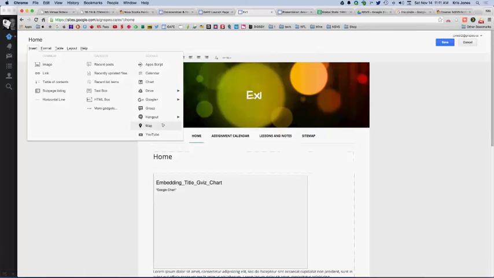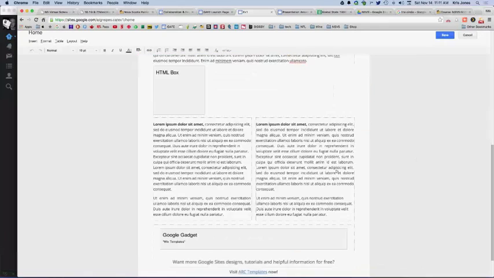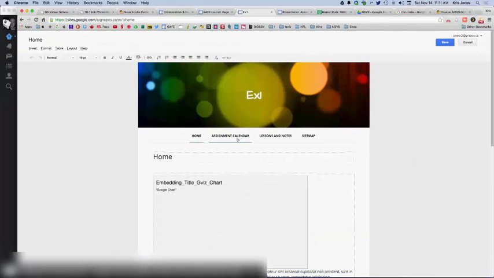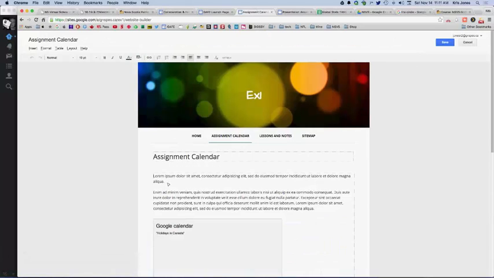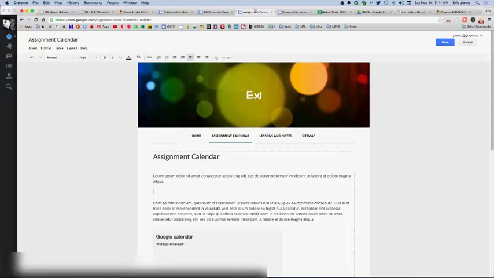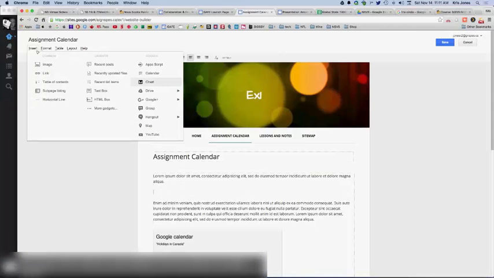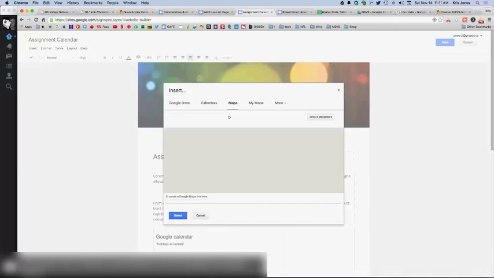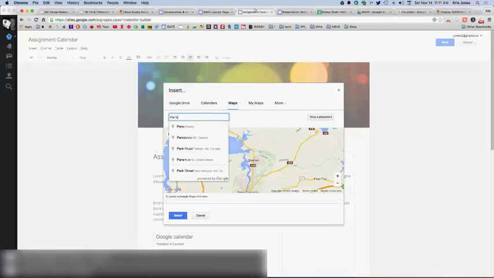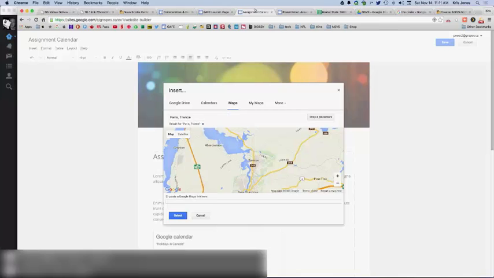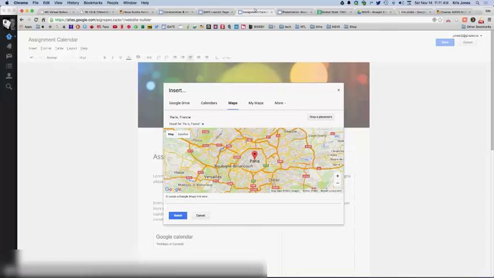Oh, the map. Yes, this is the other one. So I teach history courses, Canadian history, African Canadian studies, global politics, whatnot. And in history, we often want maps. We want to use maps, right? So again, a nice thing to insert is a map, and I can put in a location. Paris is on my mind this morning because of the terrible events that took place there last night. So I'll drop a place marker in Paris and select Paris